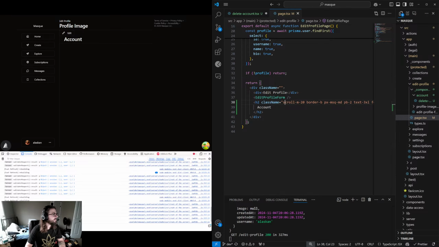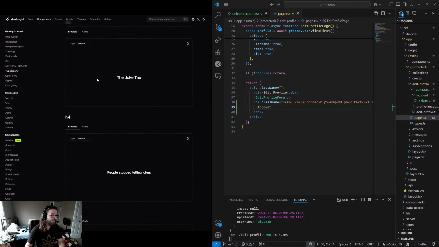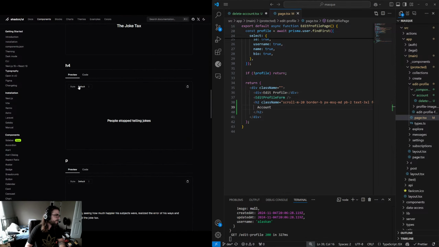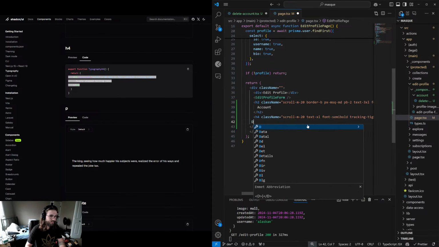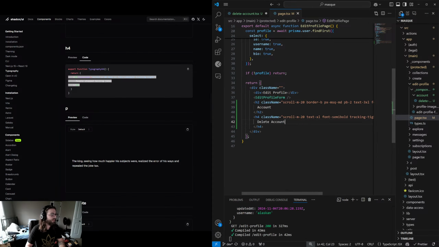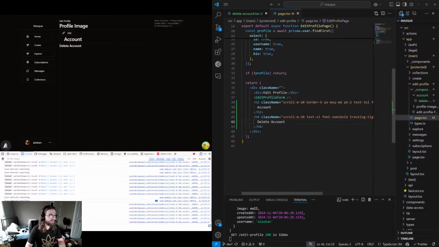And then underneath account, we might have subheadings or something. This is not the ideal way of doing things, but for now, it's okay. It's really not a huge deal. We're going to have a delete account section and